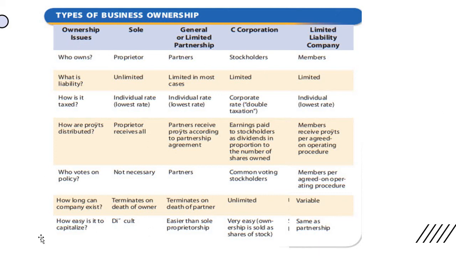So, these are the ownership issues. Pag sole proprietor ang tawag, pag partners, partnership partners, and sa corporation, ang tawag sa kanila is stockholders. Sa limited liability company or cooperative, ang tawag sa kanila members. Okay? When it comes to the liability, pag sole, unlimited, ibig sabihin pati kung nalugi yung kumpanya mo, para makabayad ka sa mga pagkakautang, hindi mo kontrolado yon, pwedeng mabenta mo yung mga gamit mo.